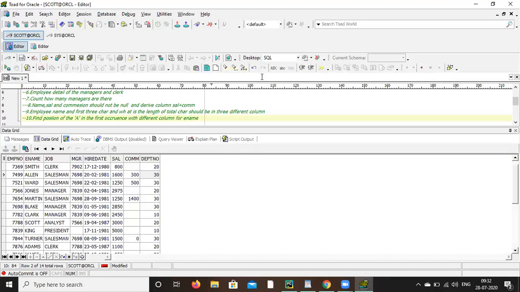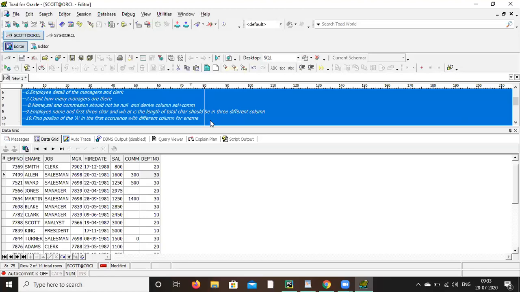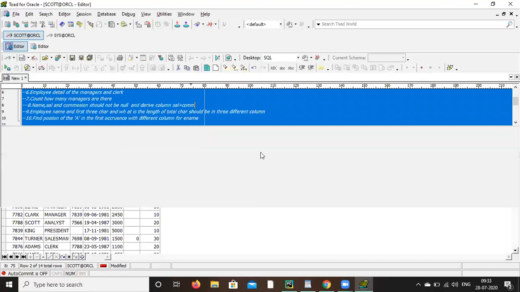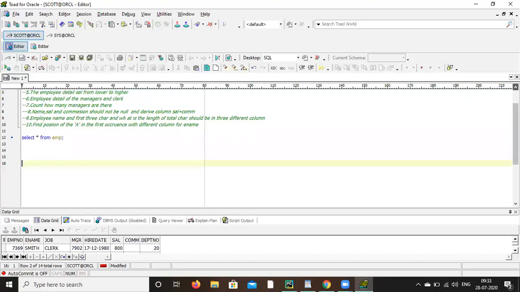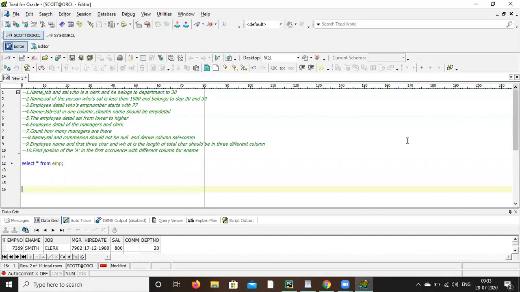If I go on, then now just scroll up that output from the beginning. I'll explain again. Okay, go up. The first one: name, job, salary, who is a clerk and belongs to department 30.